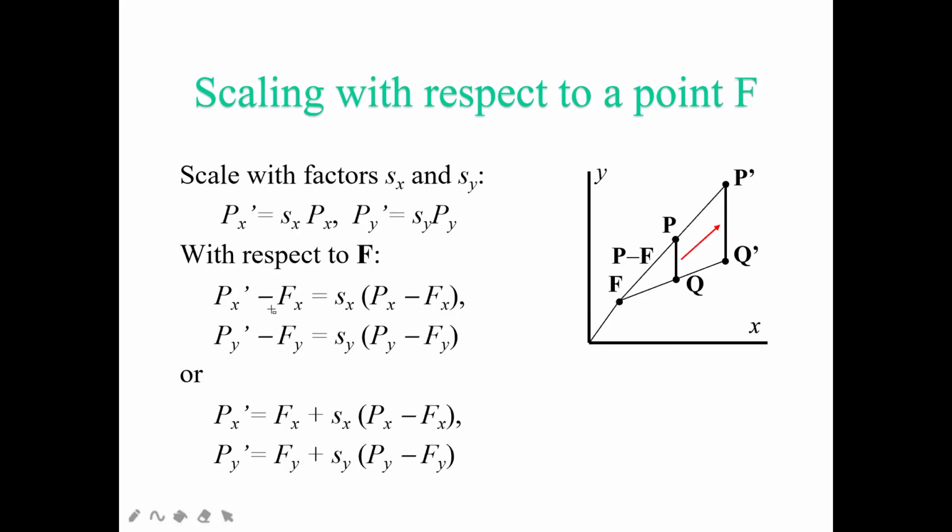So how to find out the distance now? Comparing along your x-axis, p dash x minus fx equals the scaling factor times the old values of px minus fx. I have just represented it this way instead of px minus fx because that is my distance. Similarly, you are going to write it for your y-axis. In another way, you can say p dash x will be equal to taking this fx to that side and adding it to the scaling factor. So these are the two ways of remembering the answer. This is about scaling with respect to a particular point.